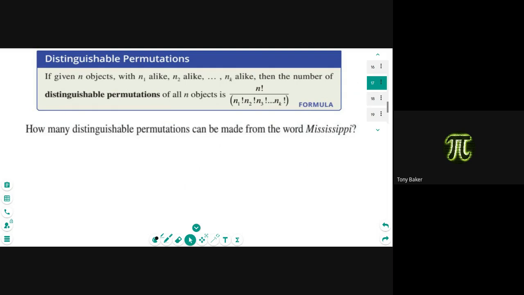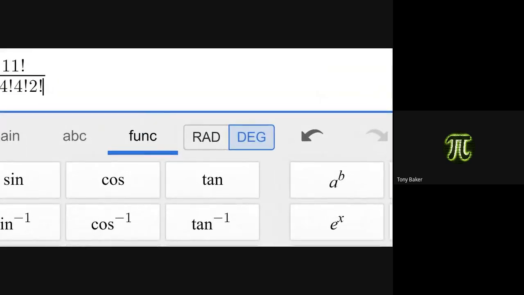Four, right? Yes, 4 I's. There's 2 S's. Oh, 4 was 4 P's and 2 S's, right? Okay. So when you type it into Desmos,